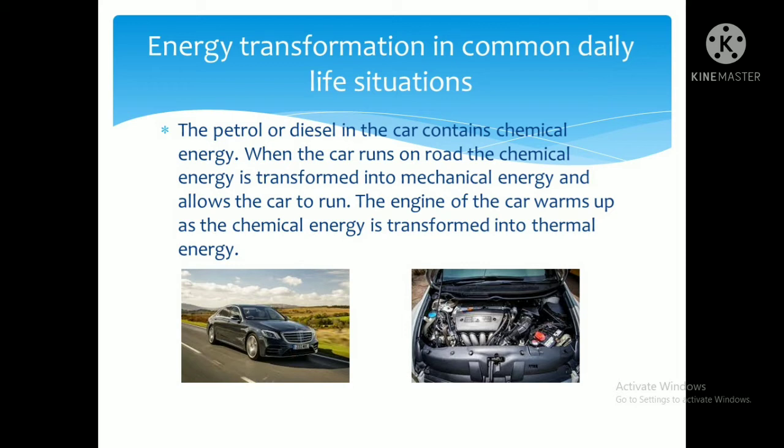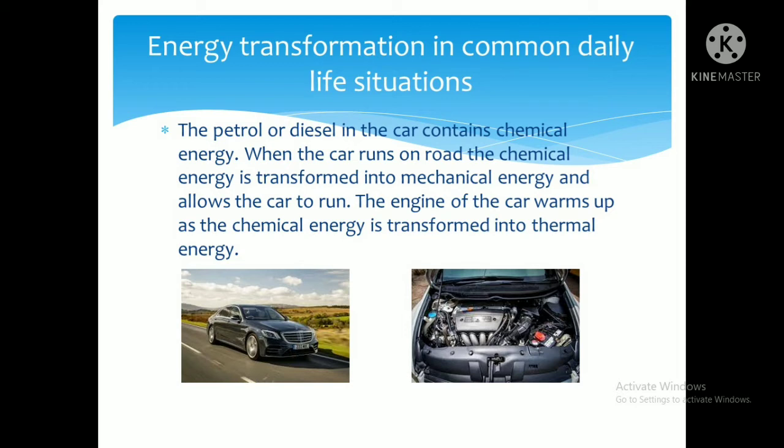The chemical energy will be transformed into mechanical energy, and it will allow the car to run with a speed. It will not go like walking, or like a bullock cart. Obviously, it will go faster than those